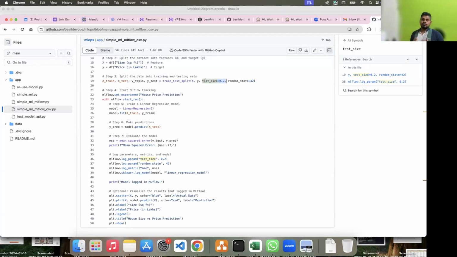So when you think about software, let's forget about machine learning. If you think about software, the only thing you ever need to track is your code, and you have Git. You make a commit, it gets tracked, right? There is nothing else you need to worry about. When it comes to machine learning,